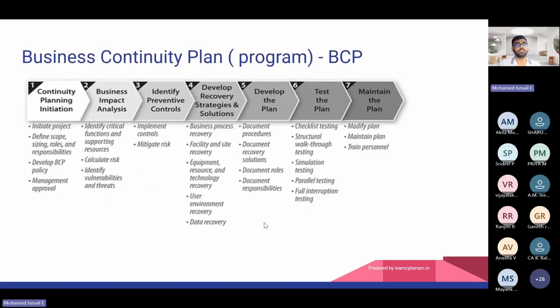So now let's switch the topic to business continuity plan. As I said, it's a big umbrella, an overall plan. Now let's forget about security incident and come to the entire business. Let's start with another story. Same company, Mango Private Limited. You are appointed as a security officer.